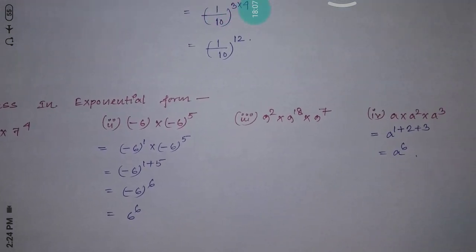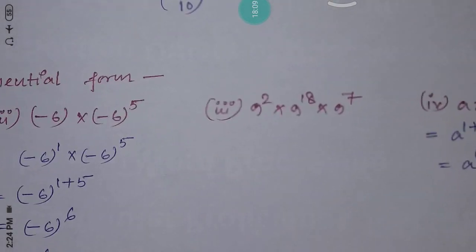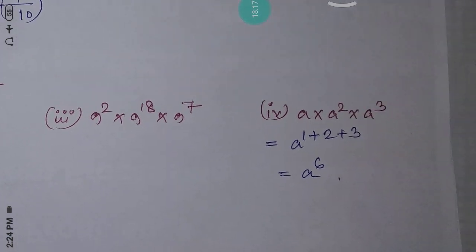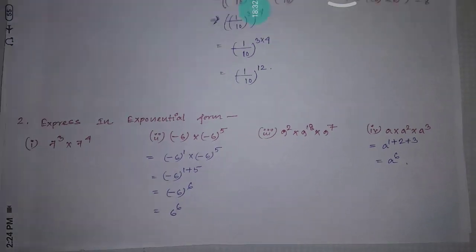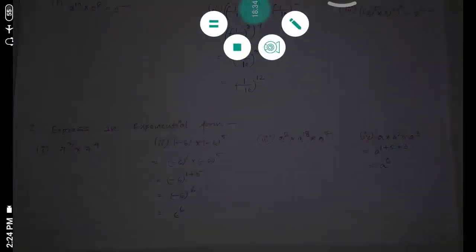Here also a number is multiplied how many times? 3 numbers: 9 power 2 into 9 power 18 into 9 power 7. So you can do one thing, 9 power 2 plus 18 plus 7. Question 4: a into a square into a cube. So here also a power 1 plus 2 plus 3, that means a power 6. Okay, with this your second video of exponents is finished. So we have understood. Next we'll discuss